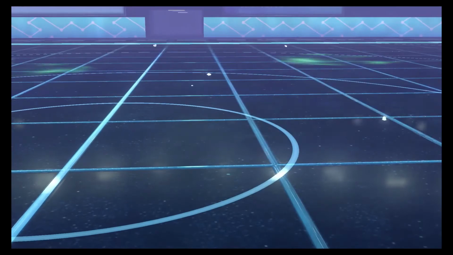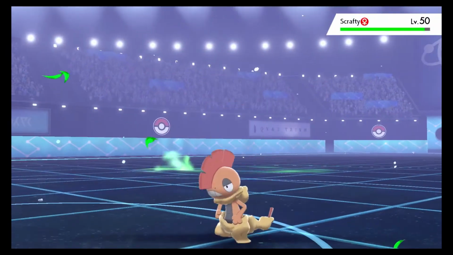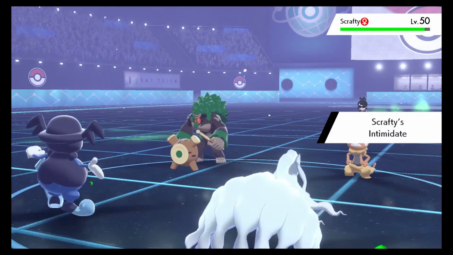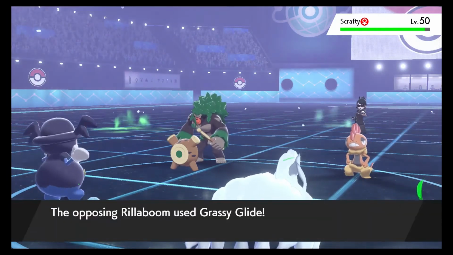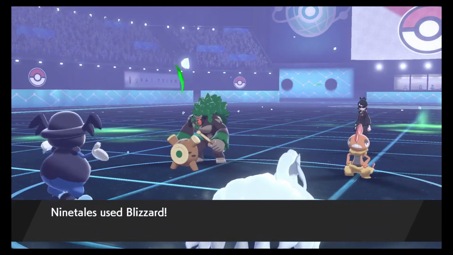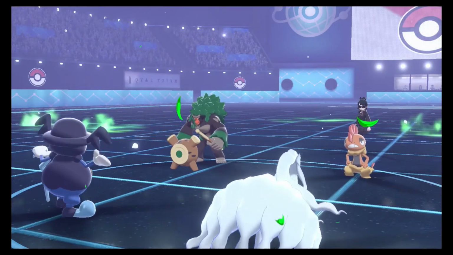They do switch out Heatran into Scrafty, which is the obvious play for them. And they get the Intimidate off, and the big question is what is Rillaboom going to do? Is it going to fake out, or is it going to go for a Grassy Glide into one of these mons? It ends up going to the Grassy Glide into the Arctovish slot. My Arctovish would have taken that, and my Mr. Rime does take it. However, I'm able to get a clean Blizzard into both of these mons, which is able to do very good damage